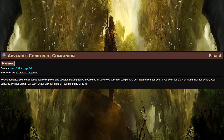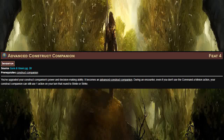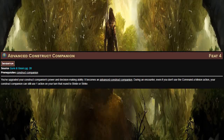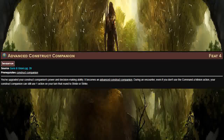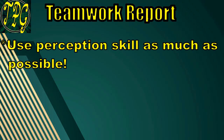This will make our Construct Companion a little beefier. But what's most important here is that our Construct Companion gets an action even if we don't command it. It can only stride or strike since we're not commanding it, but at least it gets an action no matter what. For today's first teamwork report, the first thing you should do when you enter a room is always